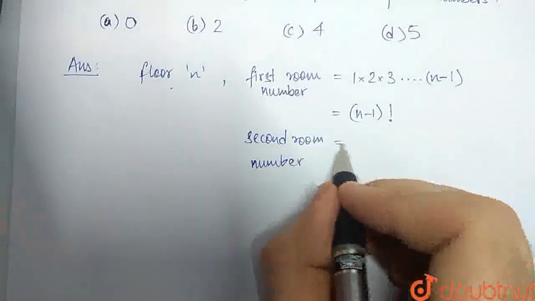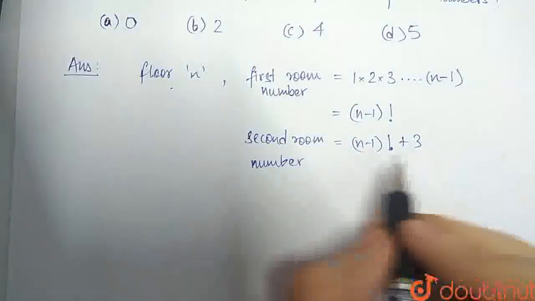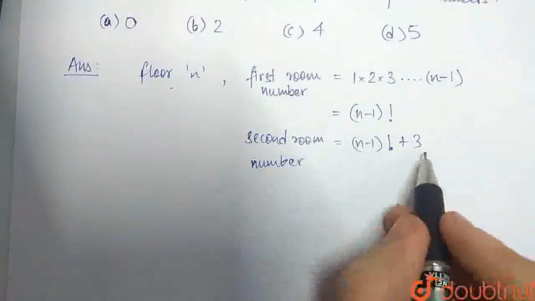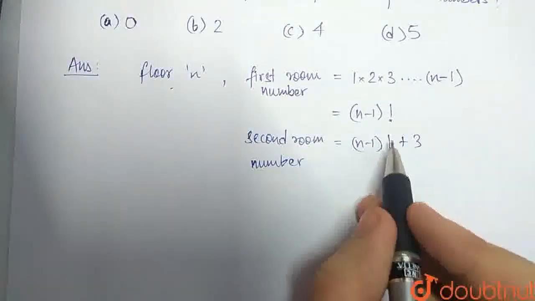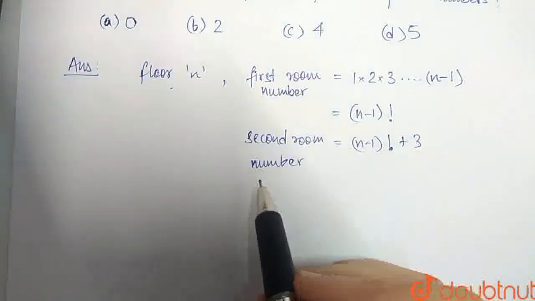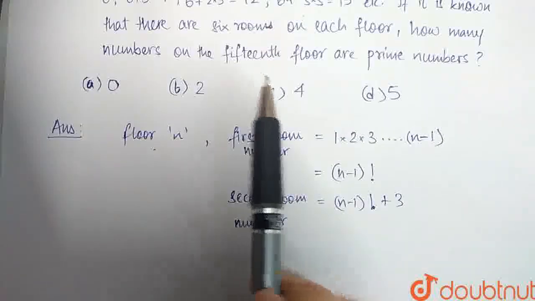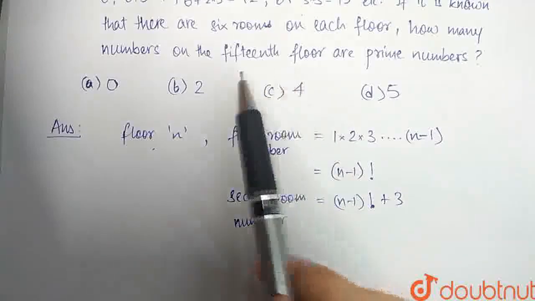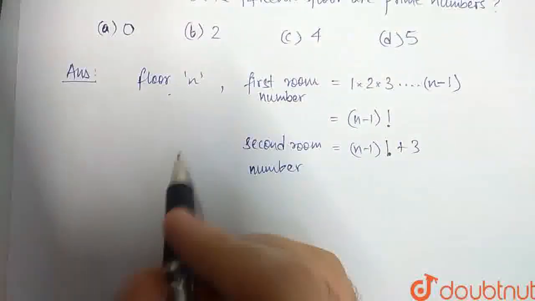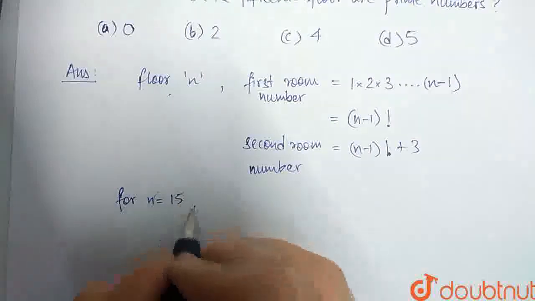And then after this, successive room numbers are, for example, the second room number is n minus 1 factorial plus 3. And then the third room number will be this whole term plus 3, which means n minus 1 factorial plus 6 and so on. So we need to find out the room numbers on the 15th floor. So for n equals 15,